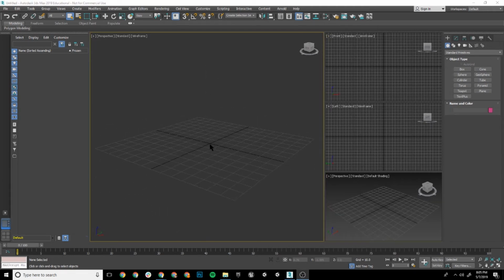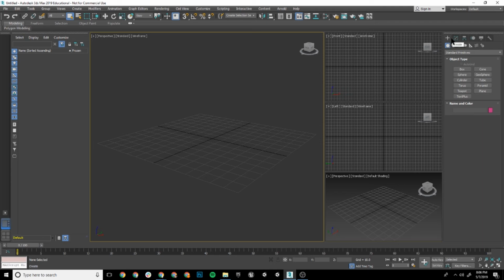Okay, so if we were going to get started actually 3D modeling, we would need to know where to go. So with that in mind, let's take a look at the top right corner of our screen. What you're going to see here is the command panel. If you hover over it long enough, you'll even have a little prompt that says, hey, this is the command panel. Within that, there are 2 major points that we will be toggling between, and I want to make sure that you completely understand that they are different, and sometimes that's why you don't see what I see,